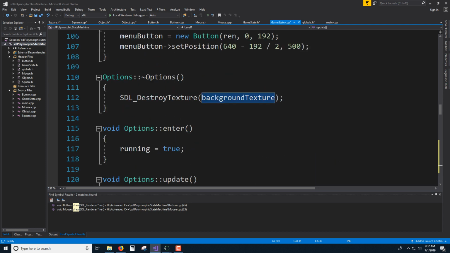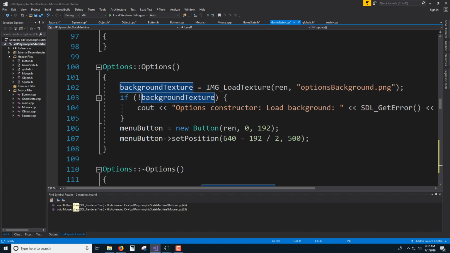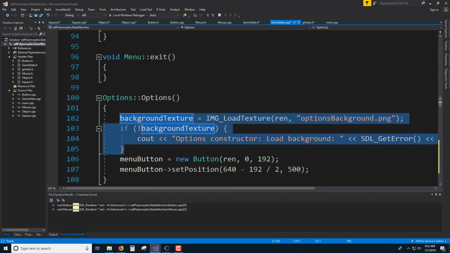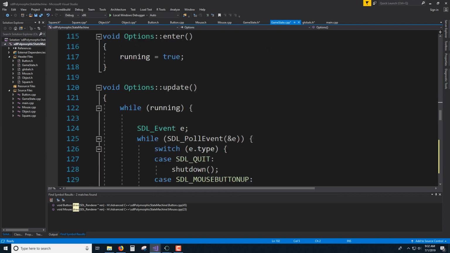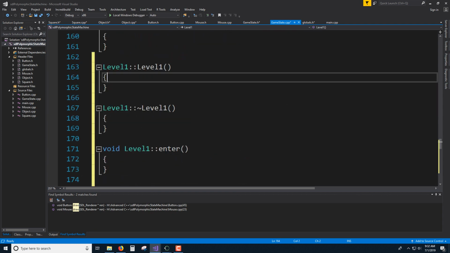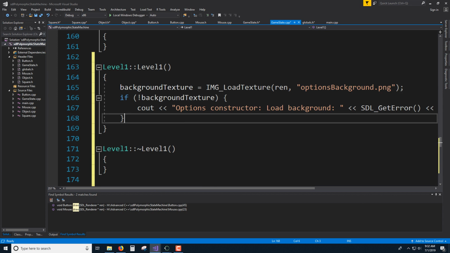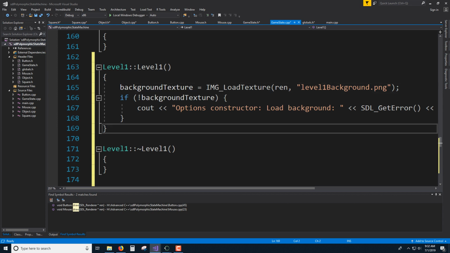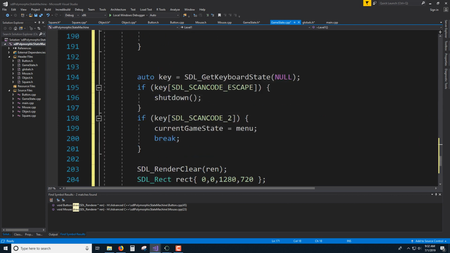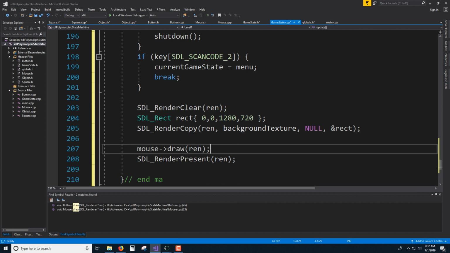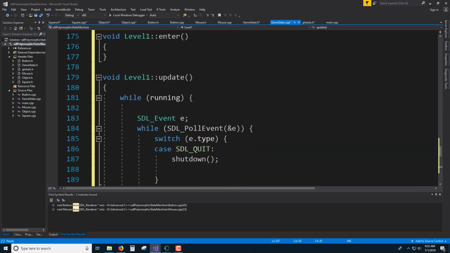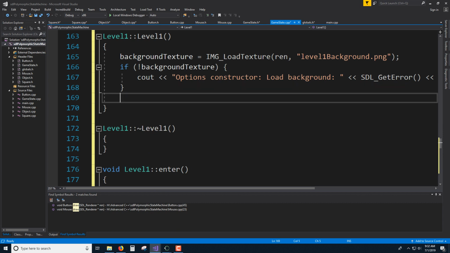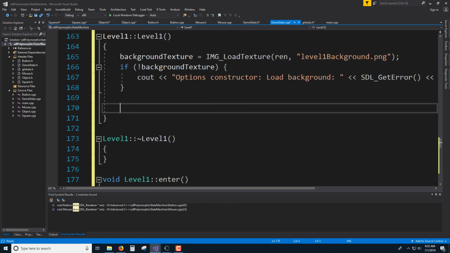I'm just playing catch up. Okay, that should work. Something we do need to do in this constructor is create our grid. So in your level 1 or your start constructor, after you load in your background texture, we need to bring